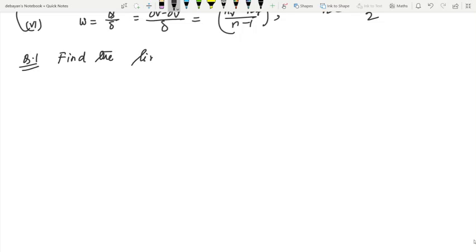Find the limiting angle of incidence of rays on the first phase, you can say prism,